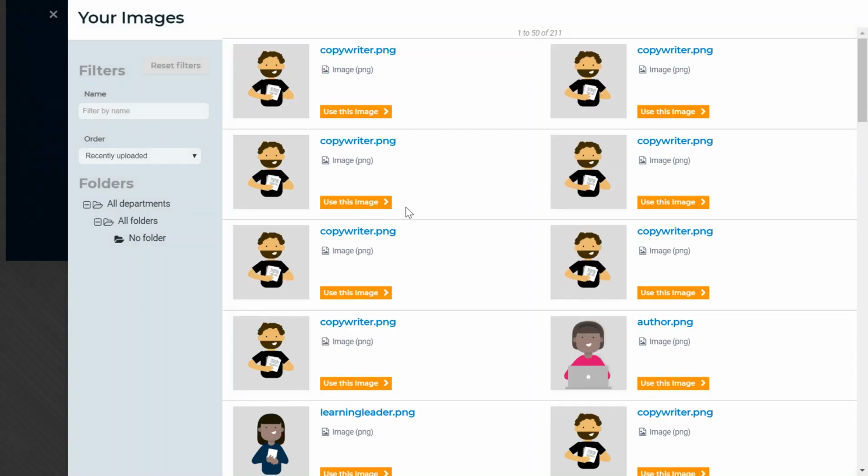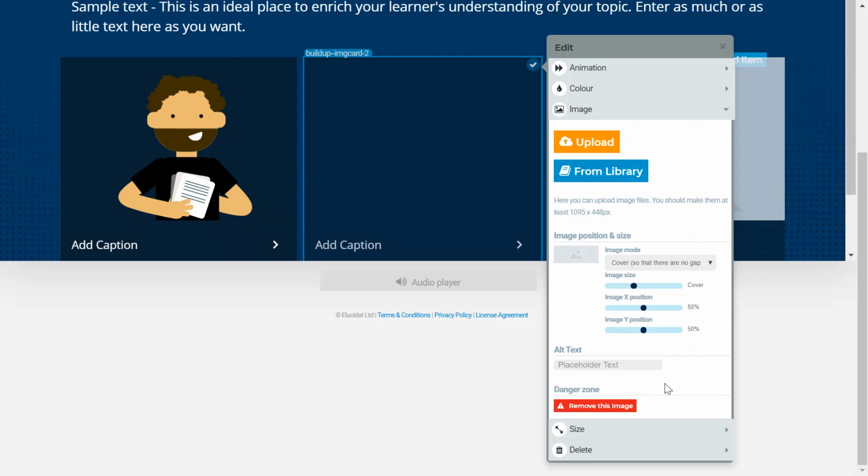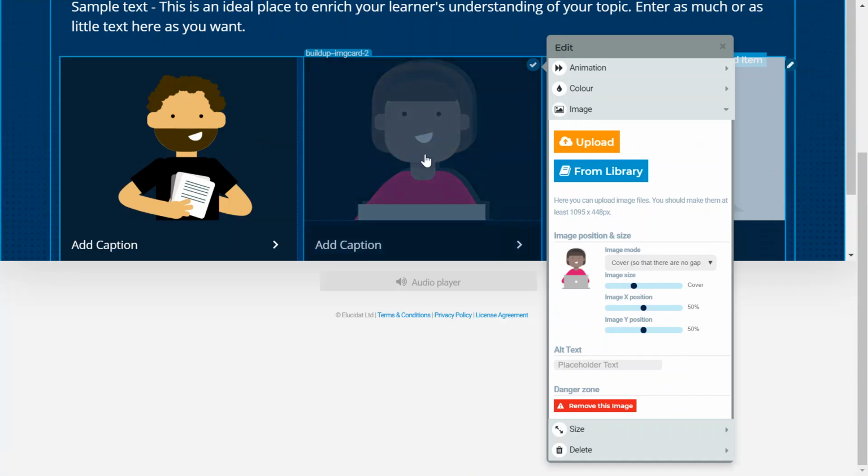The library contains all the images that have been uploaded to your account, whether that's by you or one of your colleagues. It's a really great tool for reusing images between projects, and also if you have a graphic artist working separately on it, so they can upload all of the images at once. So I'm going to select this nice image here, and as you'll see I can add that, that's added it in,